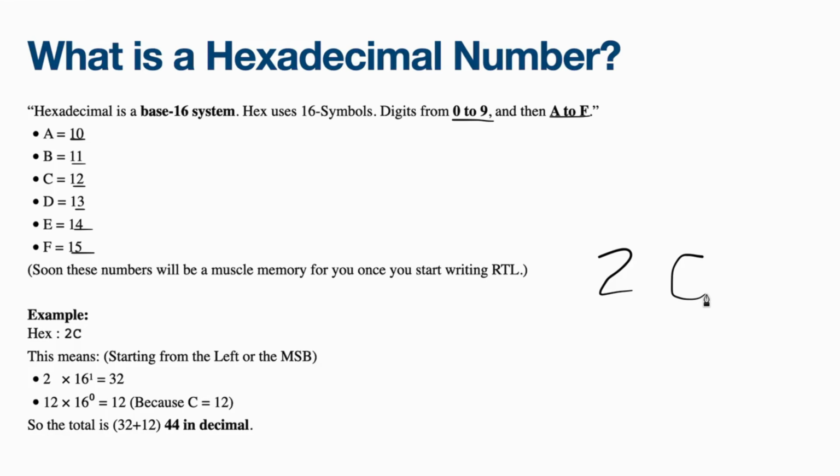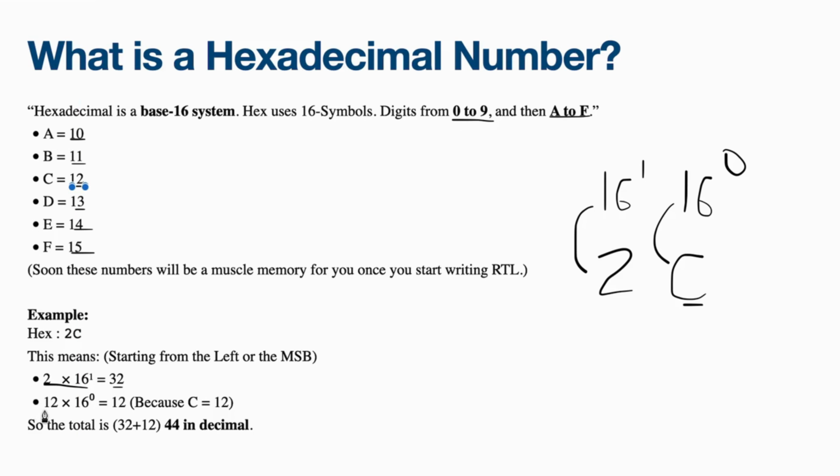Like each binary digit represents a power of 2, similarly a hex digit represents a power of 16. So now let's start from the right hand side and denote each hex digit as a power of 16. So this corresponds to 16 raised to the power 0 and the next is 16 raised to the power 1. Now to convert it into decimal, we multiply each hex digit by its power of 16. So 2 into 16 raised to the power 1 and C into 16 raised to the power 0. So 2 into 16 raised to the power 1 is equal to 32. And since C corresponds to 12,